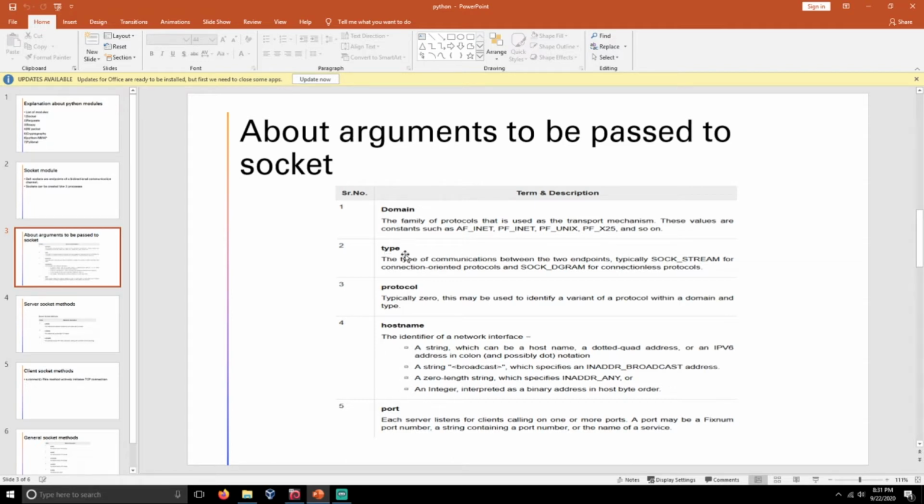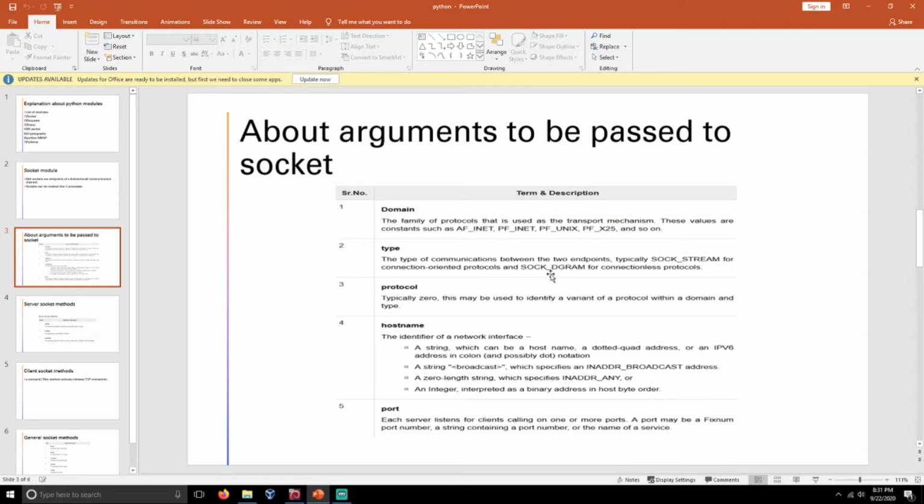After mentioning the domain, you need to mention the type of the protocol. The types of protocols are composed in the domain, and you need to choose one of them here. If you pass SOCK_STREAM as the argument to the object, it will register as a connection oriented protocol, so it is indirectly saying that we are going to use the TCP protocol.